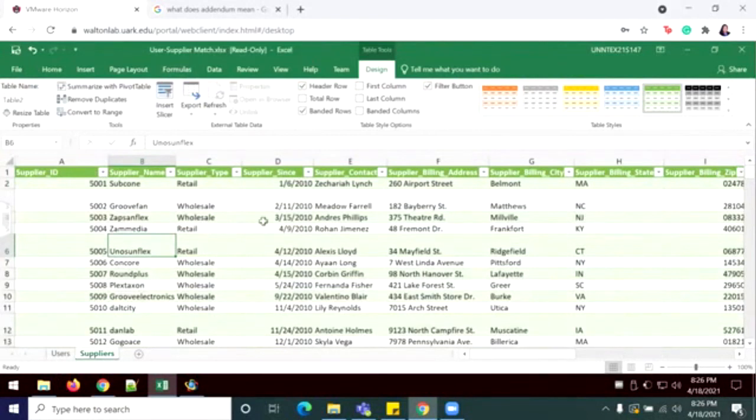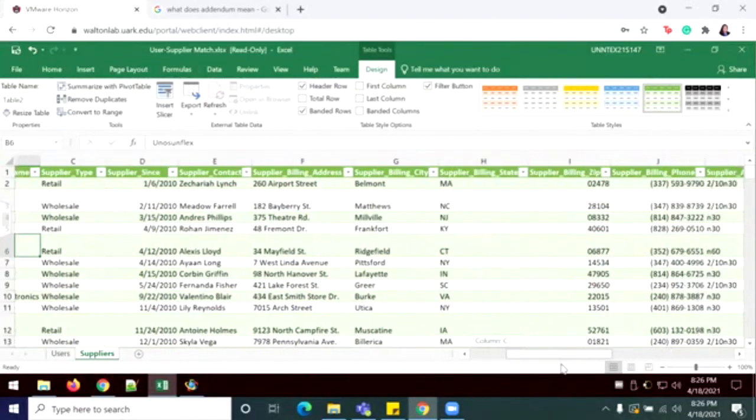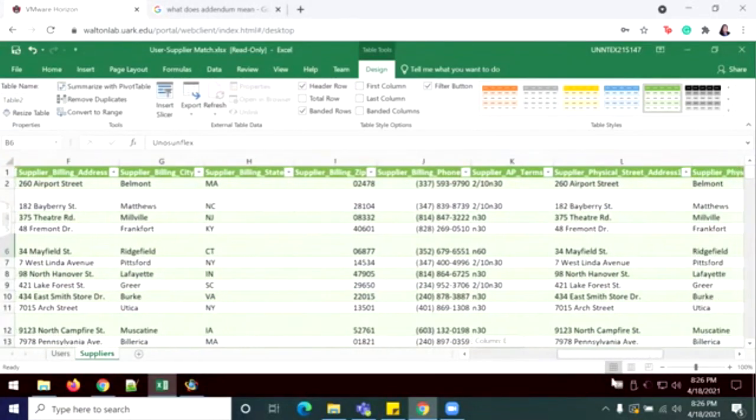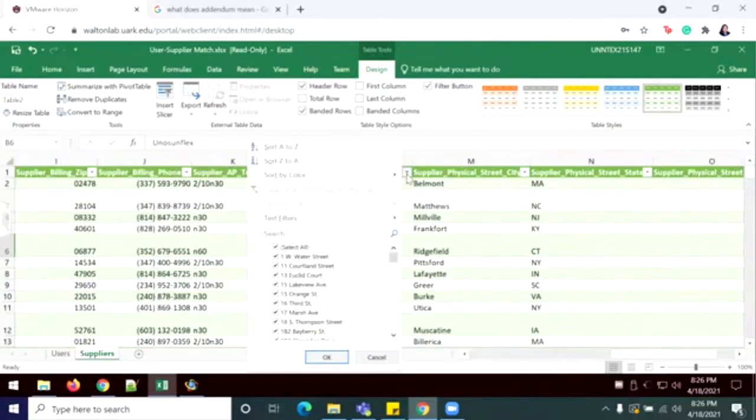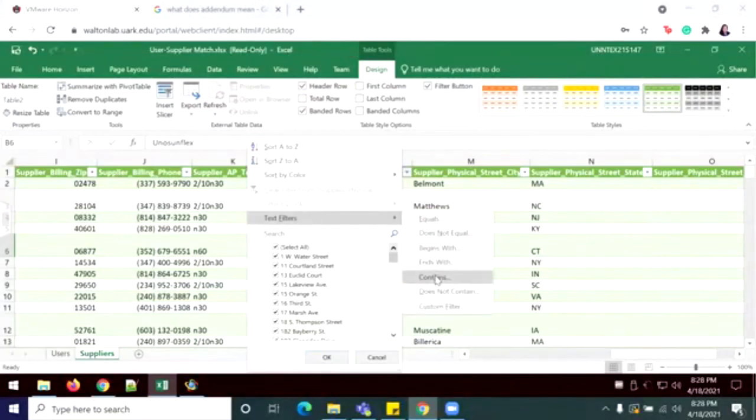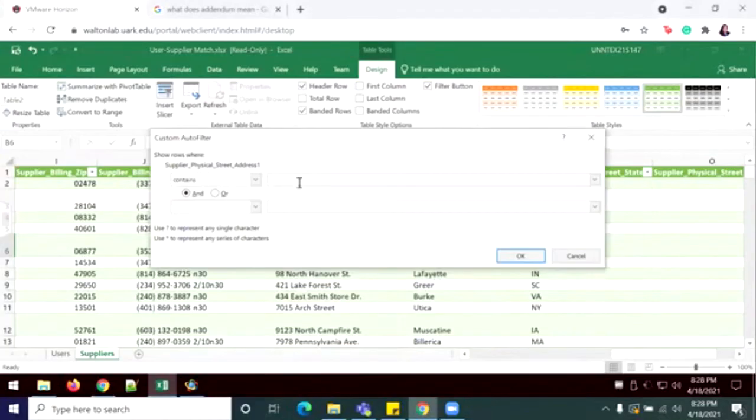So moving on to step B, click the drop-down arrow next to the supply physical street address 1. So you'll find the physical address, column L, right here. And you will show the sort and filter menu right here. Okay, so actually we're going to do the text filters, contains, and you're going to type in the word box